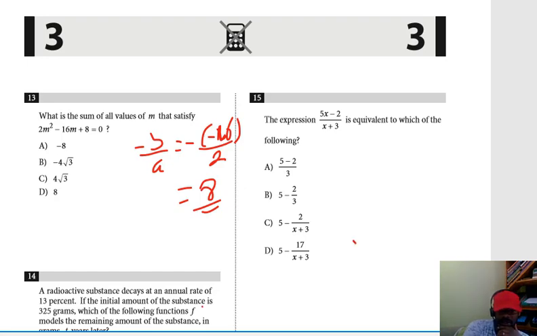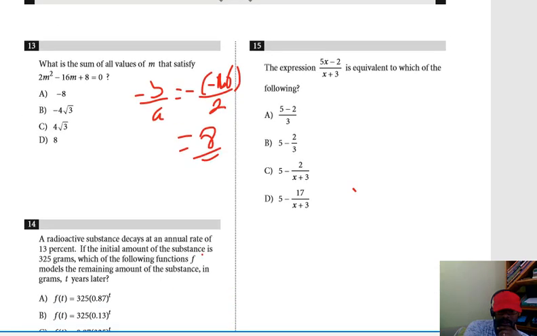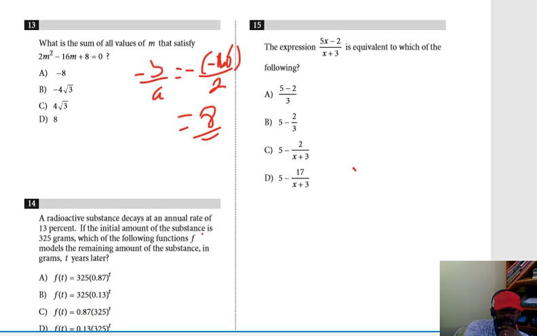Okay, let's go to 14. The radioactive substance, let's move this up. The radioactive substance decays at an annual rate of 30%. So this is a question of interpreting models. So we have an exponential model. This is the initial amount, as you can see, the initial amount of a substance. So it's either